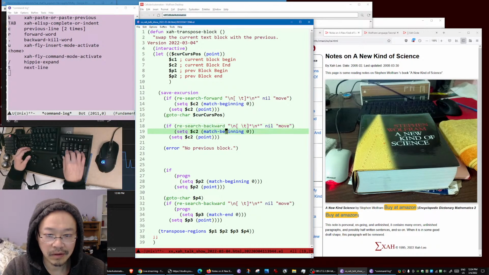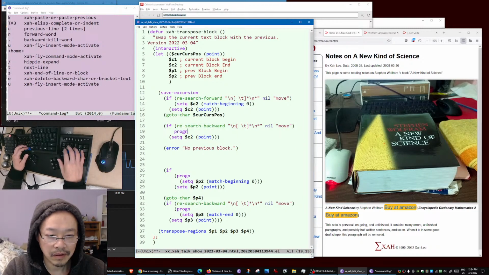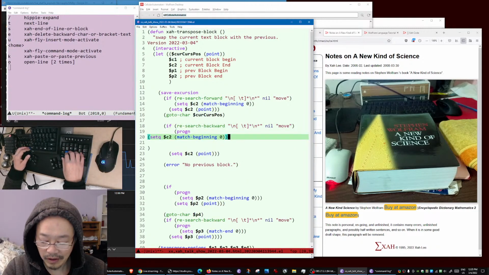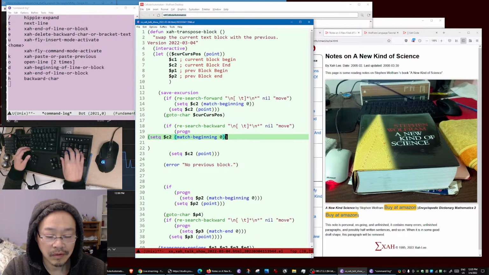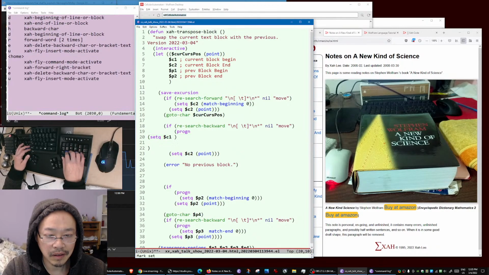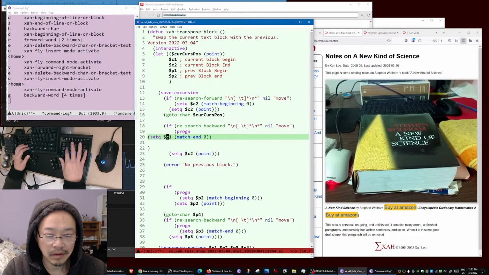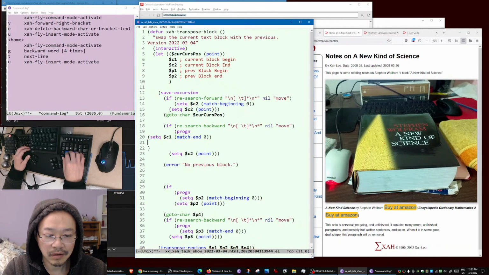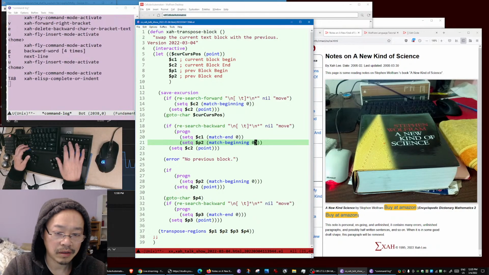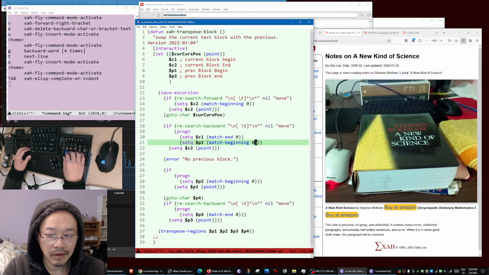If it's found, then C1 is match end, current cursor beginning, and set P2 to match beginning. Okay, that's right. If it's not found,